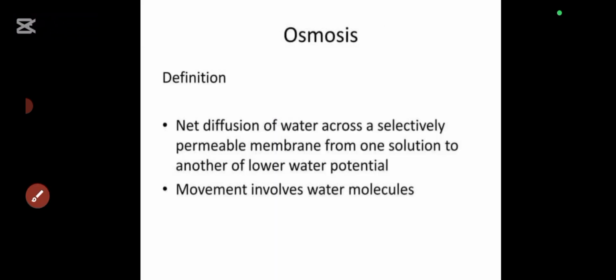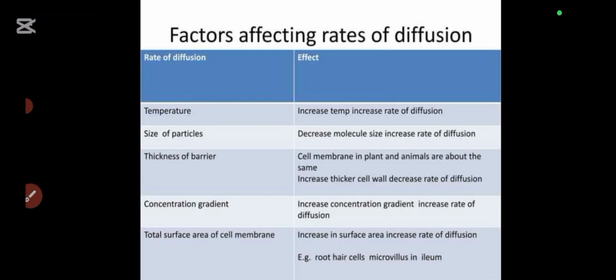Okay, so let's get to osmosis now. Osmosis is the net diffusion of water across a selectively permeable membrane. I've said initially that we define osmosis in terms of water. So when water,